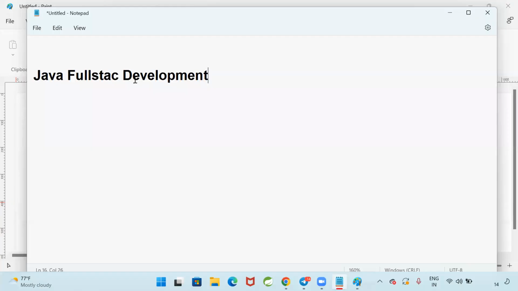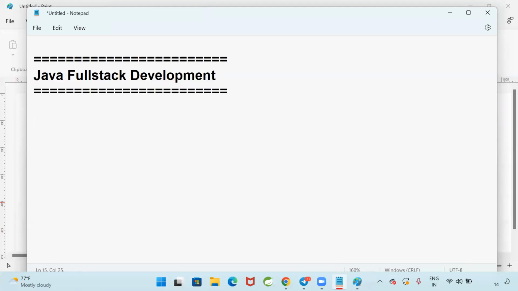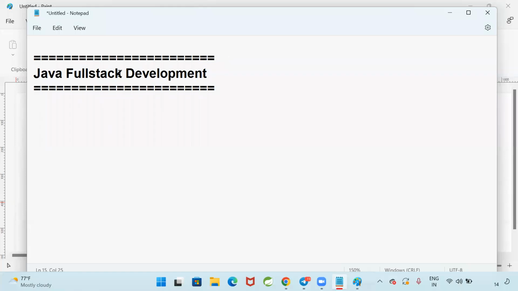Perfect. Now, as part of this full stack development, if you want to attend this Java full stack development training program, what are the prerequisites? Can anybody learn this full stack development, or do we need to know some programming, or do we need to have any prerequisite? What are the prerequisites to attend this Java full stack development? The prerequisite to attend the full stack development is your time. That's it. You need not have any programming knowledge.